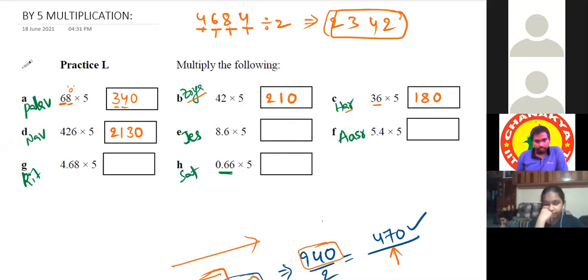Yes, sir. 8 divided by 2 is 4. Okay. 0.6 divided by 2 is 3. Don't consider the point. 8 half is 4 and 6 half is 3. That's all. 43. Because there is no remainder, add 0. Now put a decimal point, 1 decimal from the right. After one digit, the decimal point means 43.0 it is.